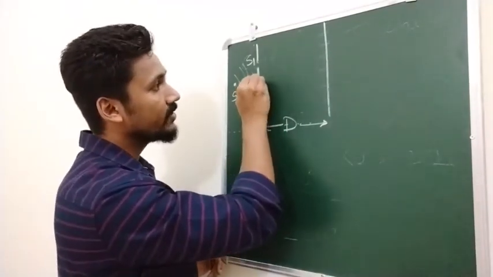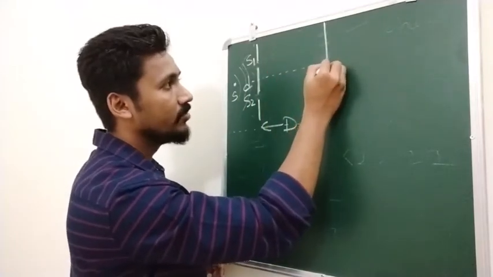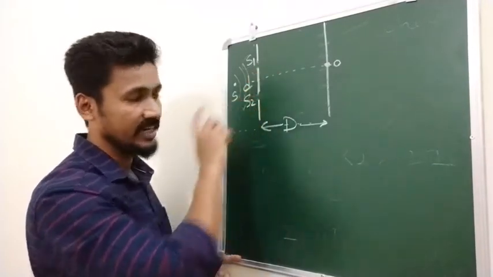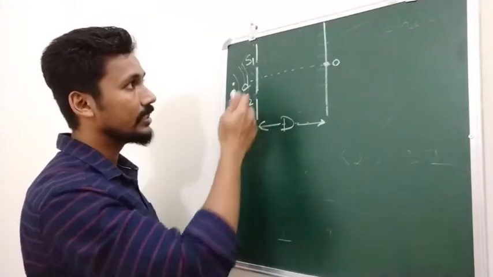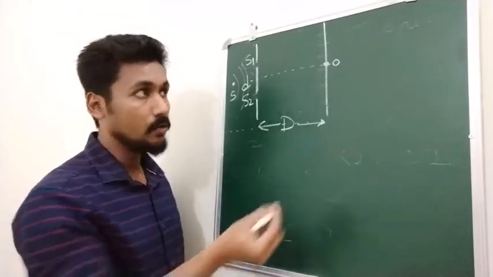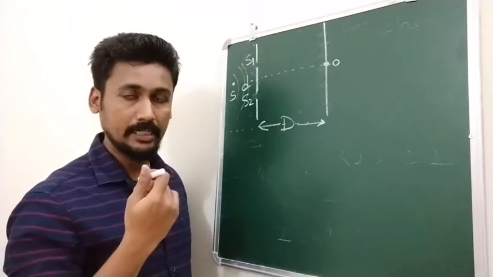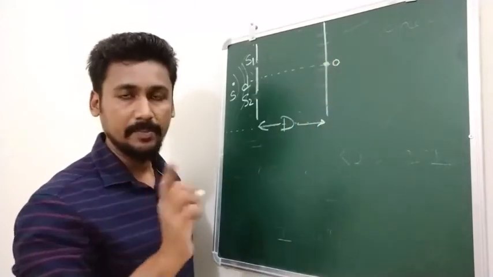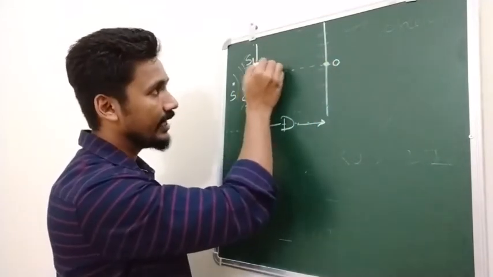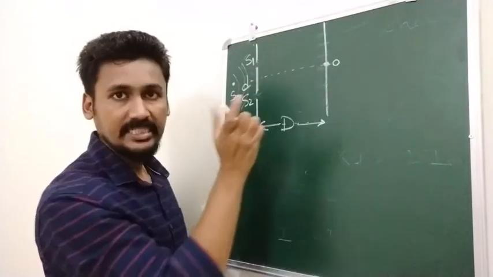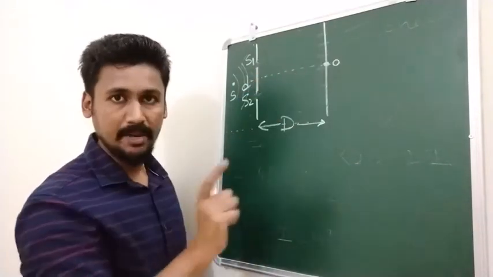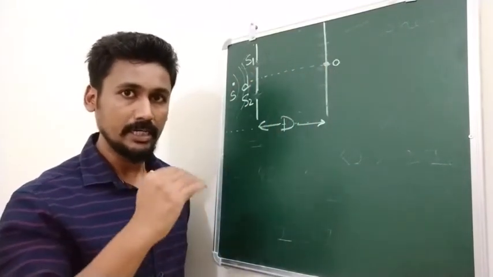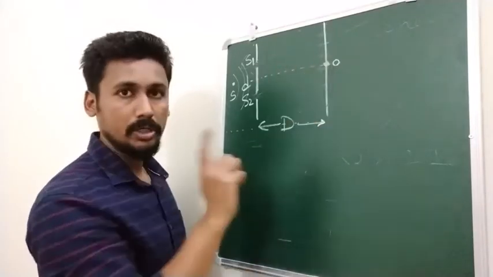Then from the midpoint, we will draw a line that will be a reference line which will meet at point O. Correct. So point O is going to be equidistant from S1 as well as S2. Right. Now, what do we want to find out? We want to find out at which point we are going to get a bright spot and at which point we will get a dark spot. Obviously, at O you will get a bright spot. Correct? Because the wave from S1 and the wave from S2 are going to travel the same distance. As they are traveling the same distance, definitely they are going to be in phase. And in phase means we are going to get a constructive interference. So at O, you are going to get a bright band.